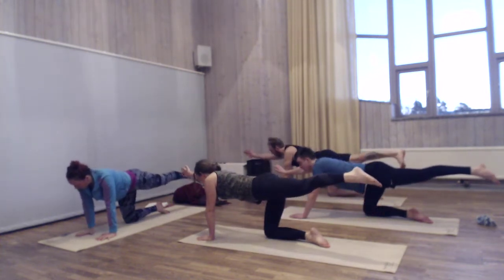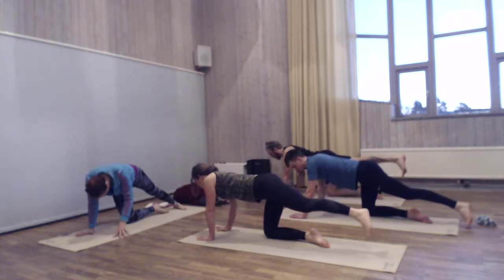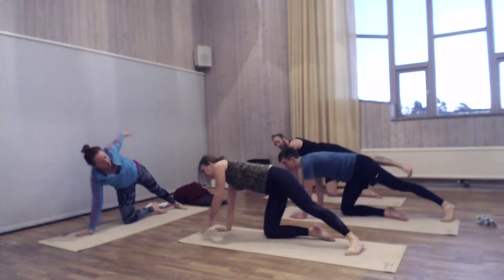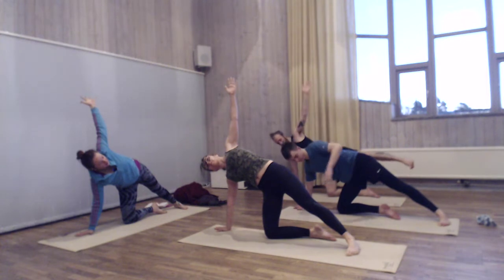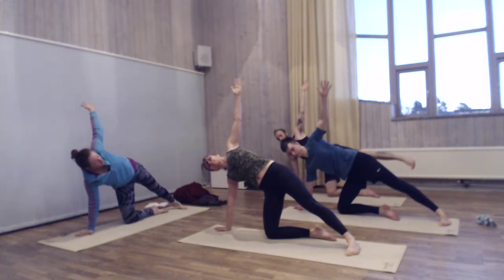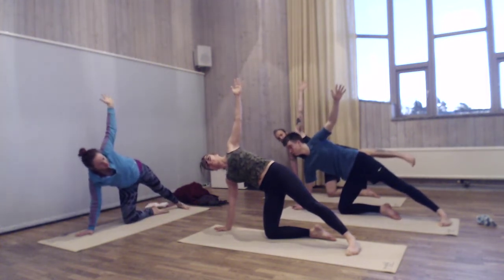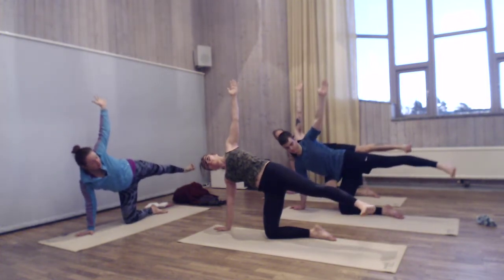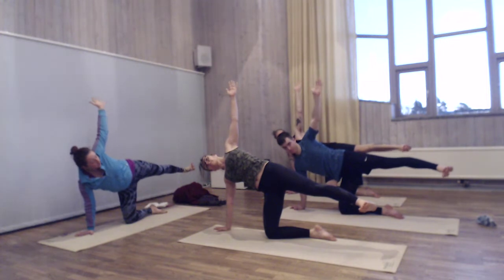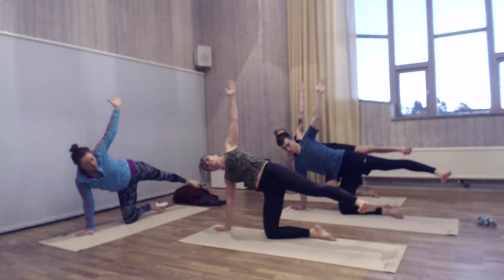Bring your right hand down underneath your shoulder and peel your left foot down to the ground, lining up the arch of your foot with the tips of your right toes. Lifting up your left arm, and then find the weight in your shin and see if you can balance. You'll find flexing your foot helps so the leg doesn't go back behind you, maybe bringing your gaze already to